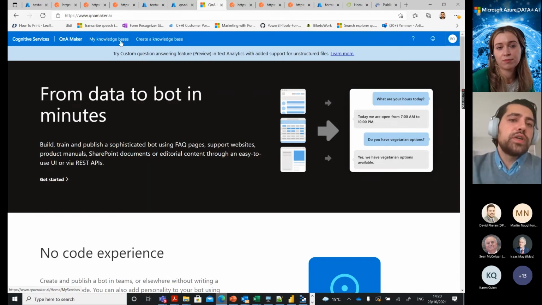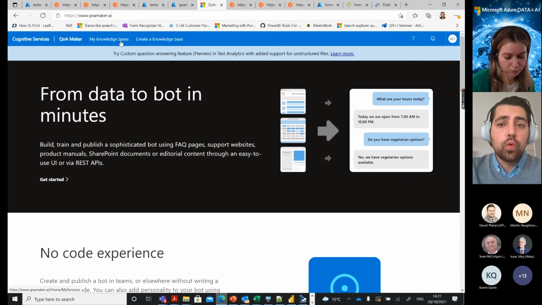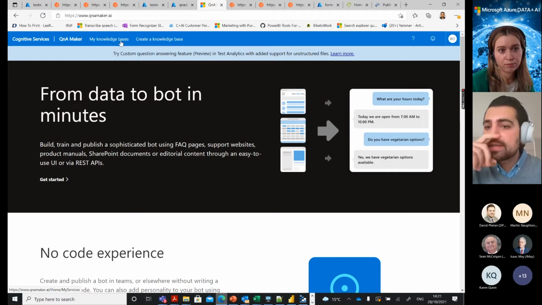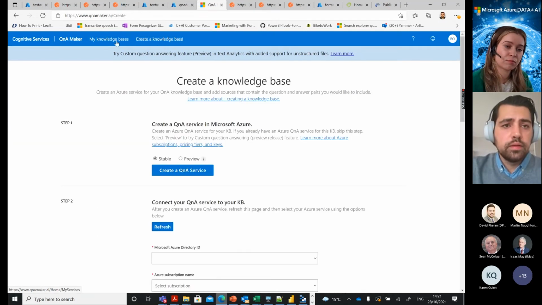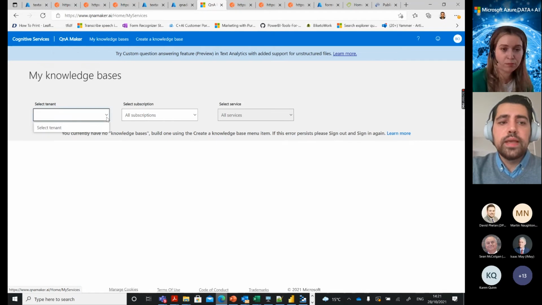The second demonstration is going to be about the Q&A bot service. Why is it important? Because I think it is the easiest way to analyze your databases and provide some insights to the end users with the bot service. It doesn't require any kind of coding experience. All you need to do is specify your database, basically